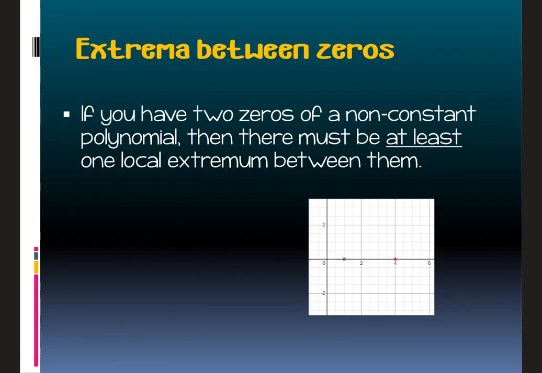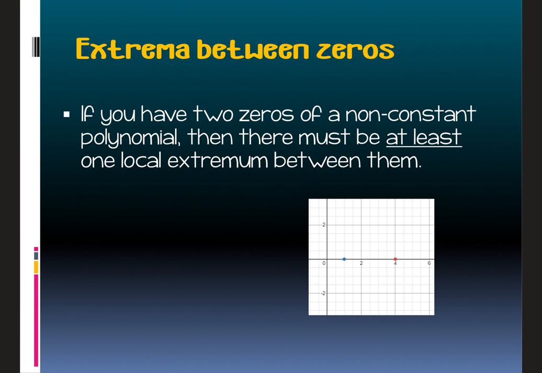All right. Extrema between zeros. So this is where it will take, like, especially AP style questions. We'll give you a polynomial and it will give you information about zeros, and then it will ask you, does local extrema exist? Could it exist? If so, how many? That kind of thing. So it says if you have 2 zeros of a non-constant polynomial, then there must be at least one local